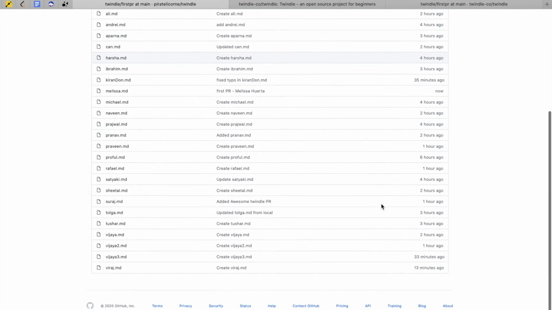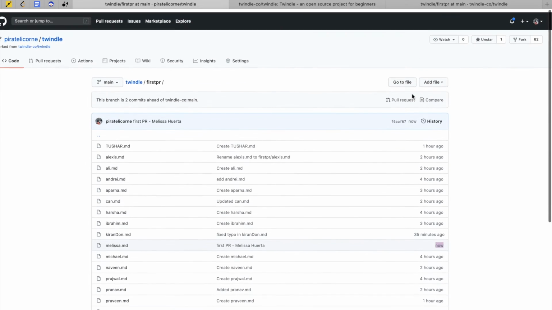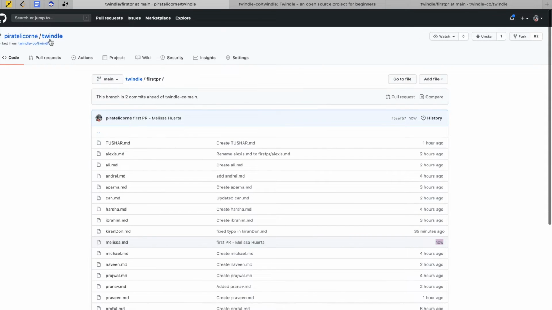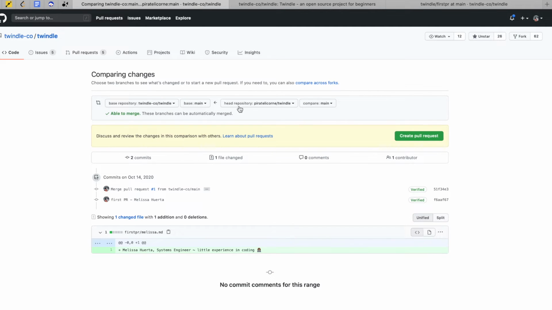Okay, so I already created the file. I can see that I did it now, but this is only in my branch. So okay, this is the fun part. How do you do a pull request? You just click again and make sure that it is from your repo to the original one. Before we did vice versa because we wanted to download the changes, right? But right now we want to